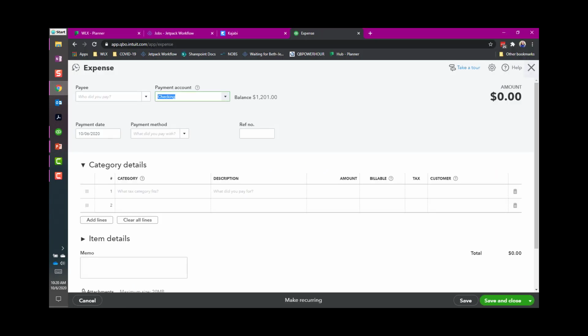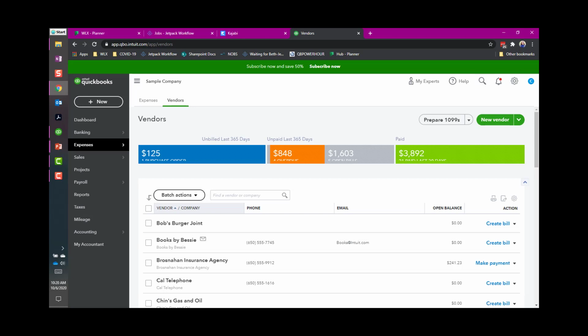For those of you who have never worked inside of QuickBooks as far as attaching documents, it is actually relatively simple, but somewhat hidden to see where you are actually attaching those documents. So I'm going to give you an example of attaching an expense, and this would be an expense that maybe you used your credit card to pay a bill, and you want to attach that bill to that transaction inside of QuickBooks. To do that, I'm going to add a new expense,